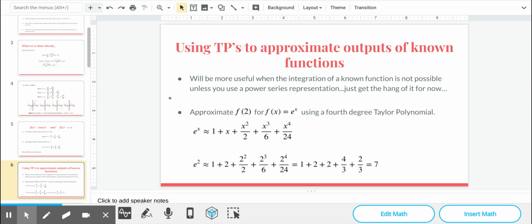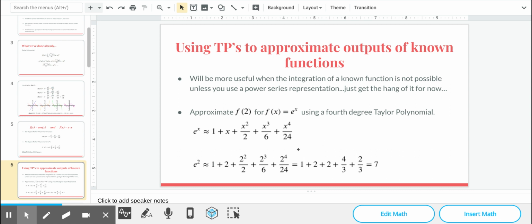I just want to show you a really quick example for, could I approximate the value of f of 2 for f of x equals e to the x, right? Really what I'm doing is, if I didn't have a calculator, if I didn't have some way of knowing what e to the second actually was in decimal form, could I approximate it? And the answer is yes. I could turn e to the x into a power series, get a Taylor polynomial, a representation of e to the x